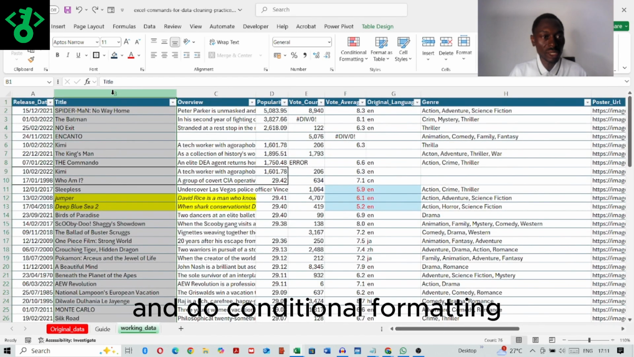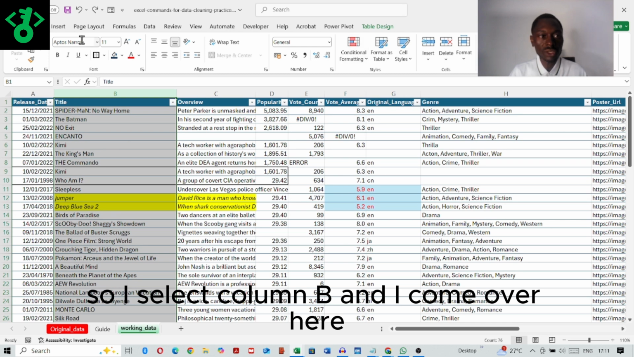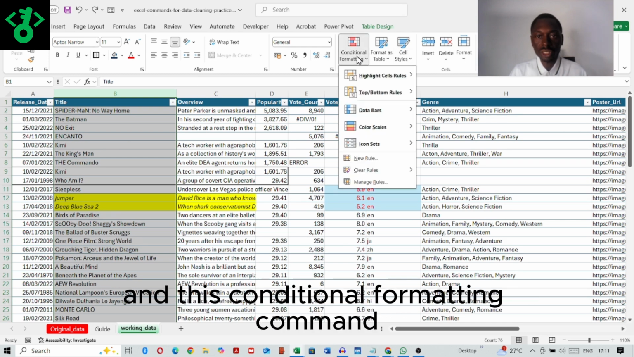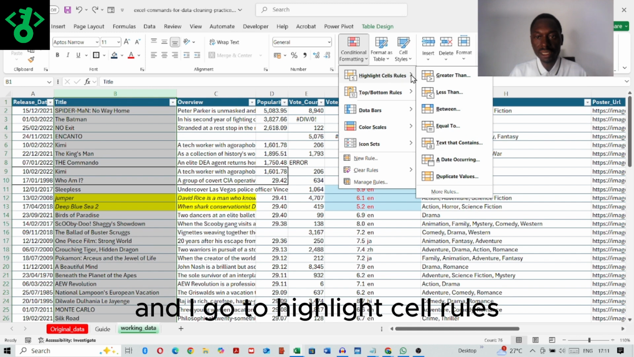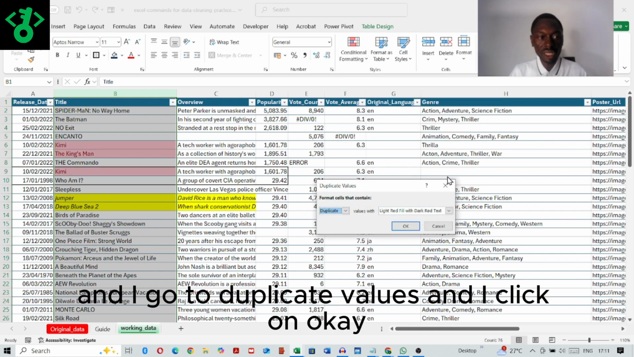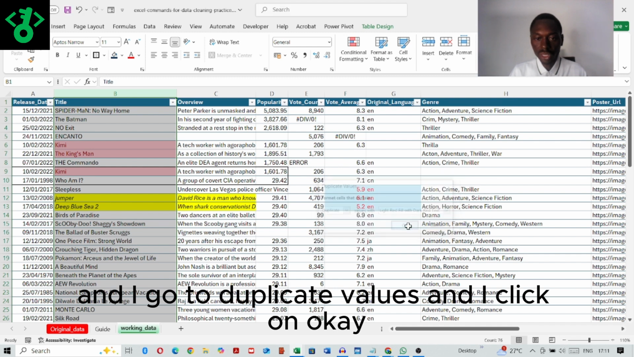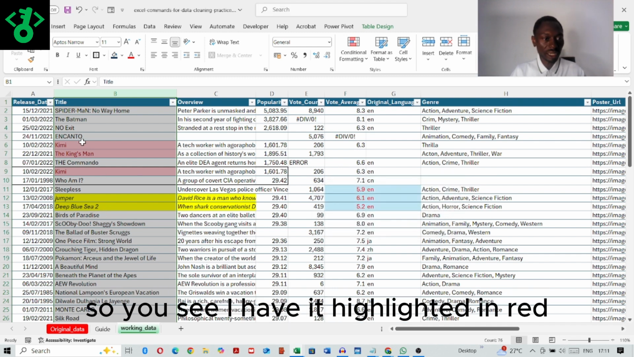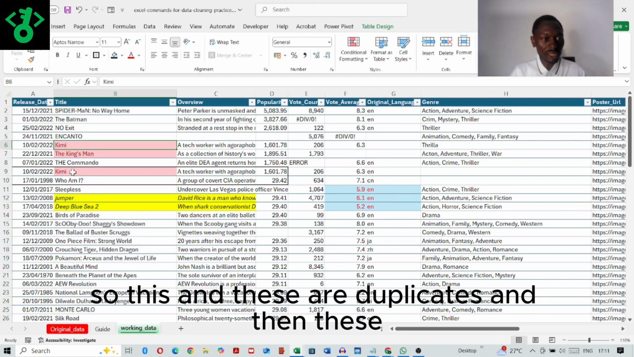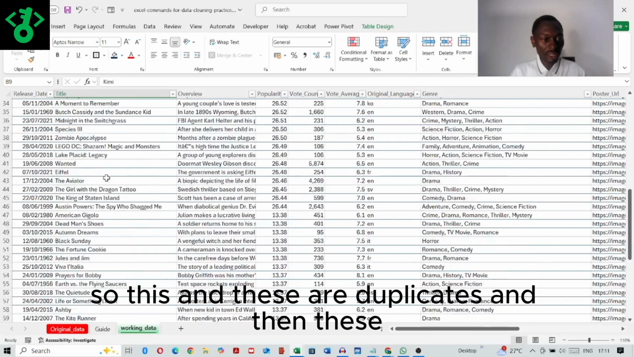do conditional formatting. So I select column B and I come over here. So this is the home tab and this conditional formatting command, and I go to highlight cell rules and I go to duplicate values and I click on OK, and there you go. So you see I have it highlighted in red, the duplicate values. So these and these are duplicates, and then